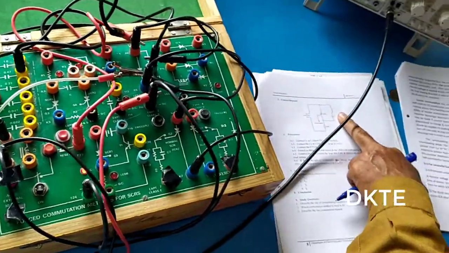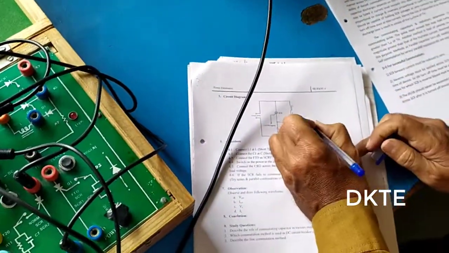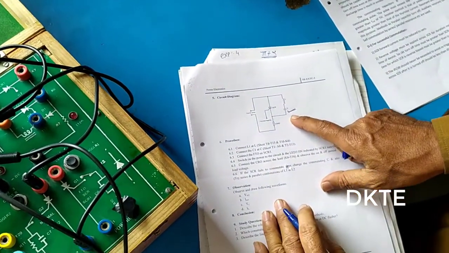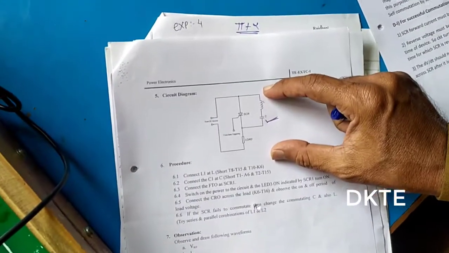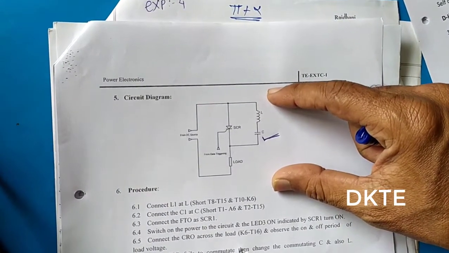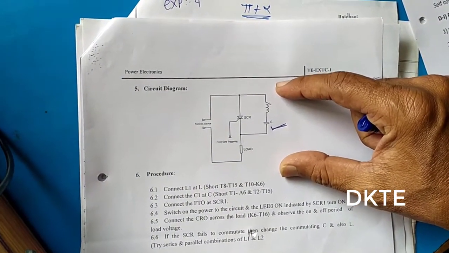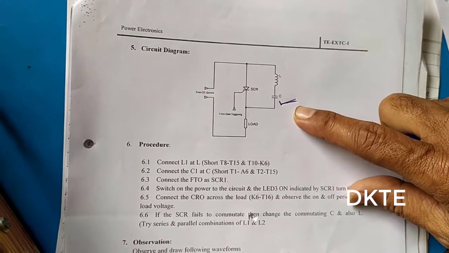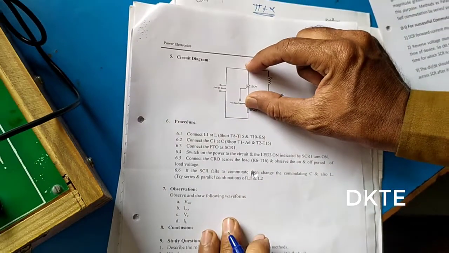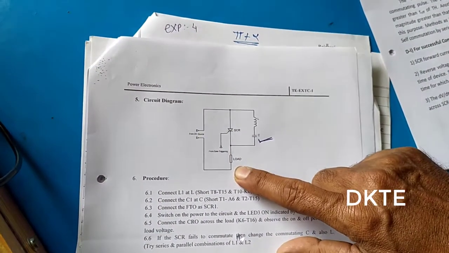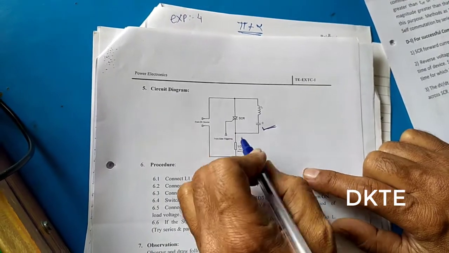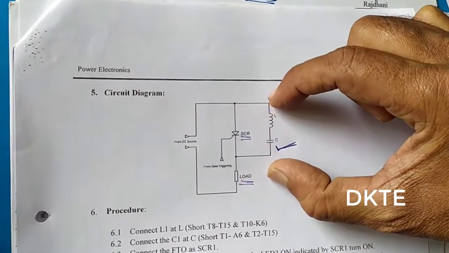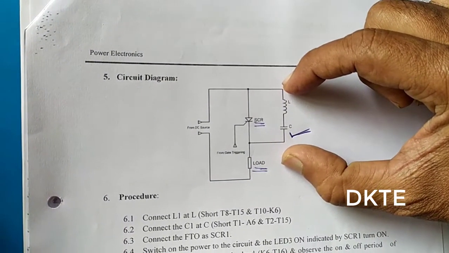The charging capacitor is generally in parallel with the SCR. Whenever we use the SCR in a force commutation circuit in DC supply, it can be turned off by the force commutation circuit. That circuit consists of the L and the C, which are in parallel with the conducting SCR and in series with the load. This is the load and this is the main SCR. This is the LC tank circuit of the commutation components.